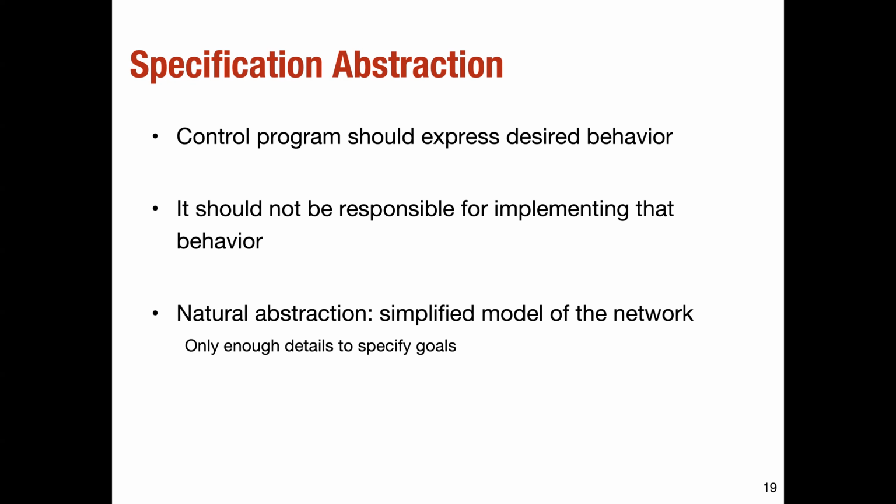And the natural abstraction is that we provide some simplified model of the network such that this simplification only focuses on the details that are required to specify the goal, not how it can achieve it, right? So, like a simplified abstract view of the network such that those control programs don't have to worry about other things in the network, right? And this is exactly what is achieved by the principle of network virtualization, right? So network virtualization is abstracting away different vagaries of the networks and then focusing on a subset of the network, which is of interest for the control program, right?